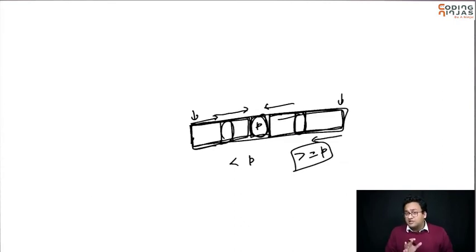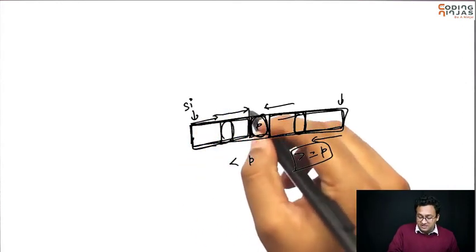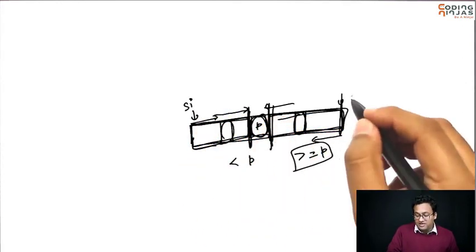I had already written the pseudocode as well. So in quicksort, you will have the base case. After the base case, you will call this partition. After partitioning, you will call quicksort on 2 halves, which is basically the starting index till this point, and from this point till the end index.